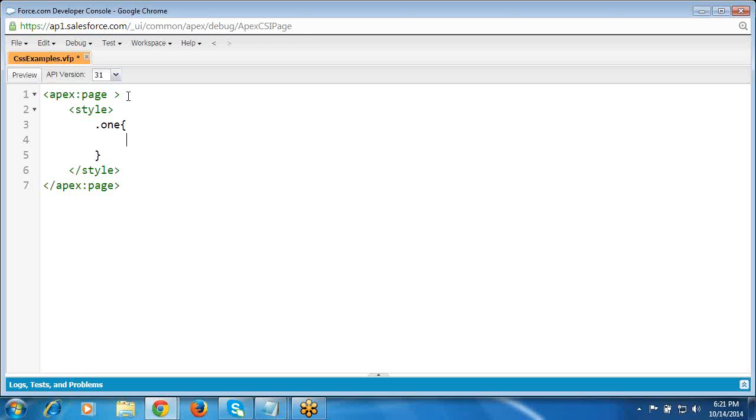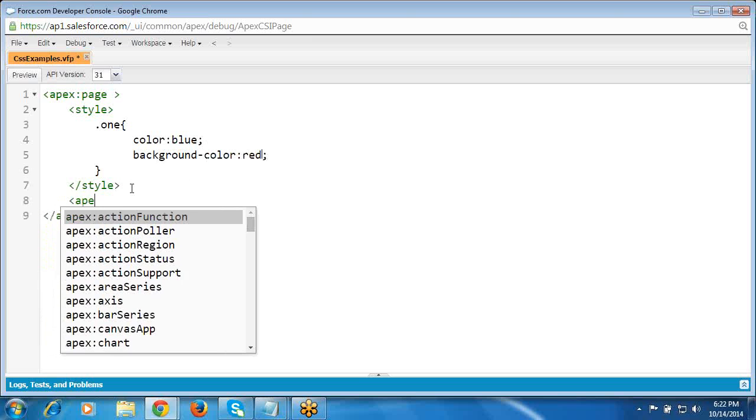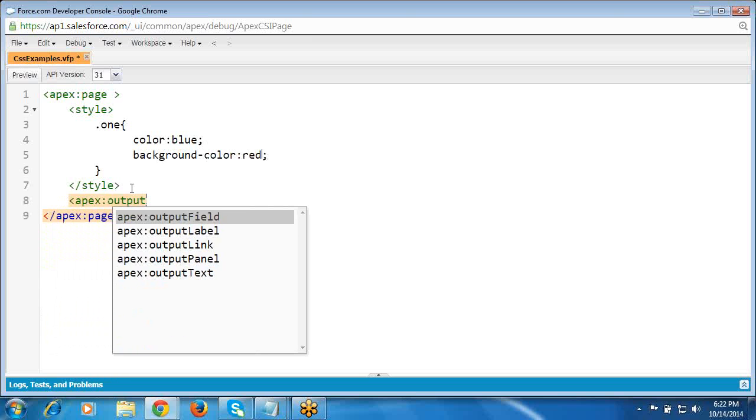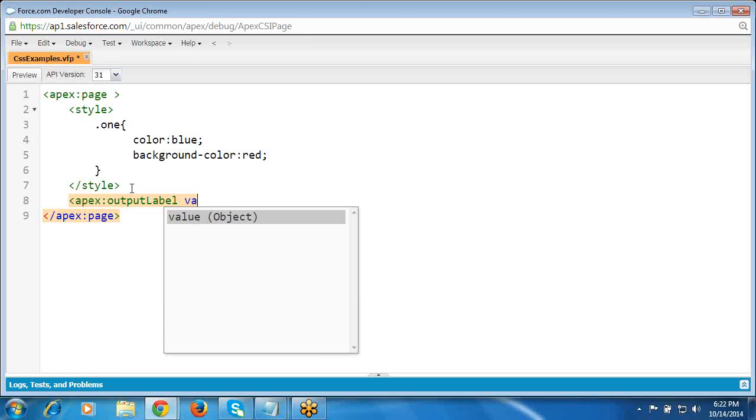In this I am giving a color. I just give the property color blue. Then we can look at the properties. For this CSS, you can just go through W3 Schools. We'll take some examples from that. I give some standard colors. Apex output label, value equal to